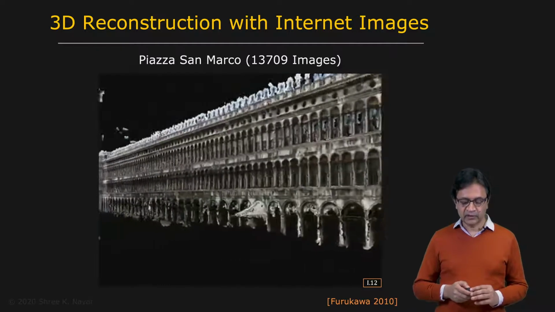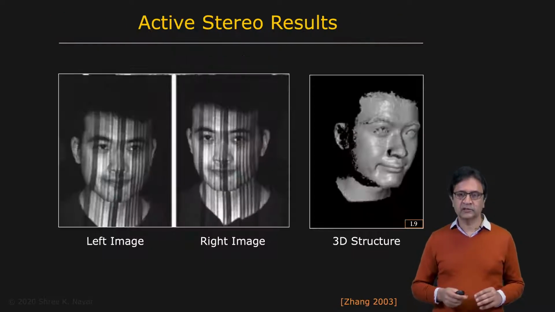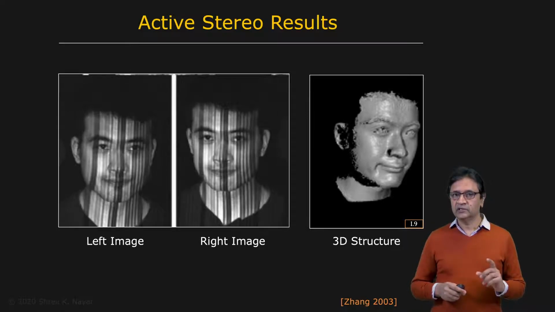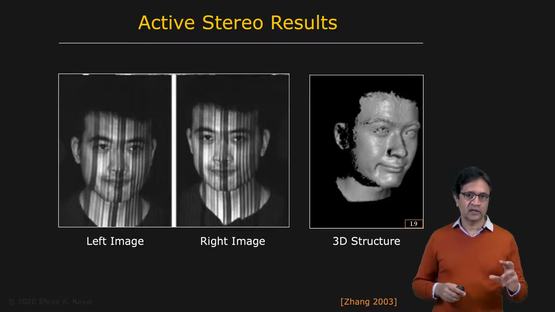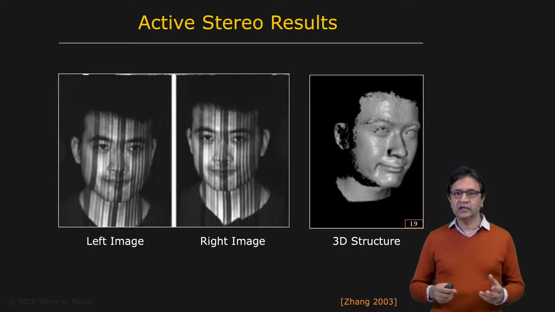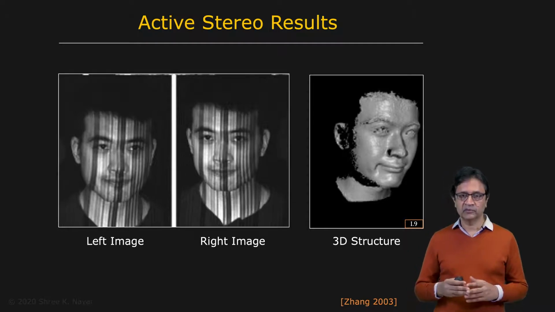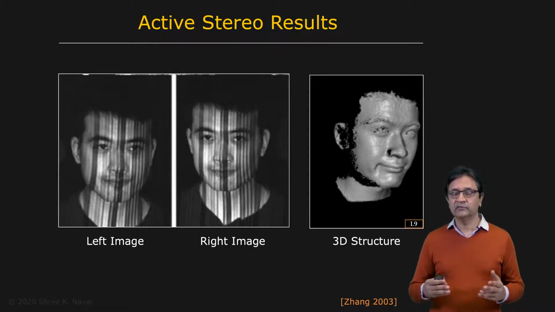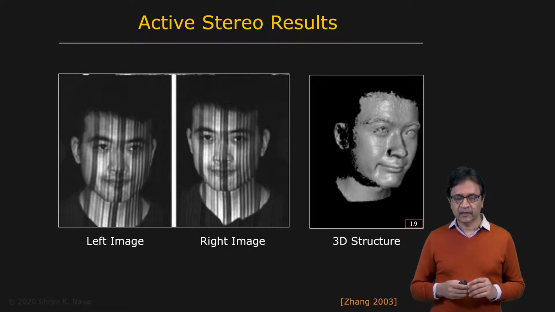And finally, I do want to mention the work of Li Zhang. This is more related to active illumination methods, which we discussed earlier. We know that stereo, as we discussed in the case of simple stereo, depends on the existence of texture to be able to find matches, correspondences between the two images. You need texture, and you'd love this texture to be unique. So one way to make stereo more robust is to use active illumination when possible.